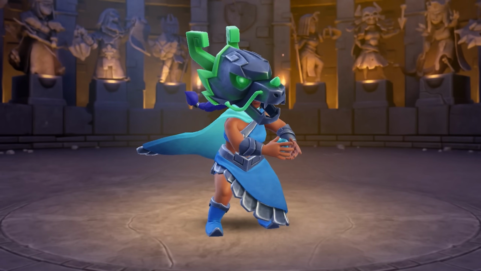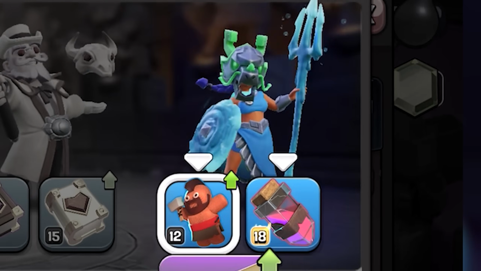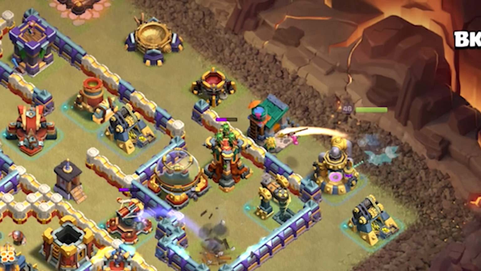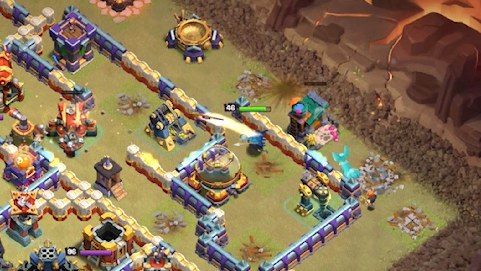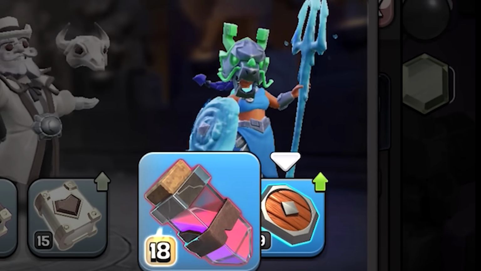First is the Royal Champion. The crucial part here is the equipment choice. Personally I prefer to go with Rocket Spear and Seeking Shield, and it would be great if you had at least a level 18 Rocket Spear. This epic equipment can help you create really deep funnels for the main army. In case you don't have it or it's too low level, then I would take the Seeking Shield and Haste